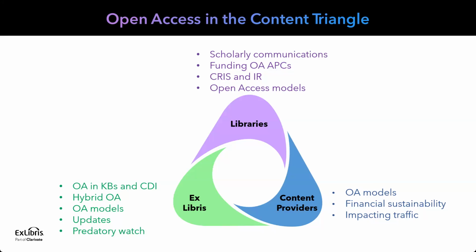For Ex Libris, managing open access means looking at both discovery and delivery. Managing the metadata in the knowledge bases means we can maintain the information on collection level and title level, while managing open access metadata in CDI allows a more granular display, which better enables hybrid titles and collections for articles, book chapters, proceedings, and more. However, the metadata that is presented needs to be created in such a way that the open access information is embedded properly in the metadata with the proper tags.